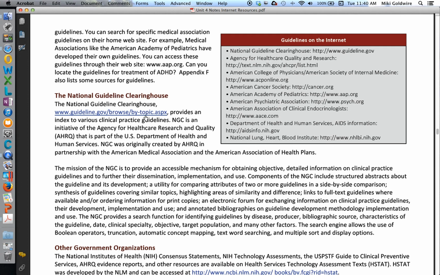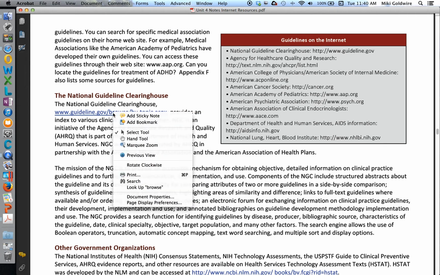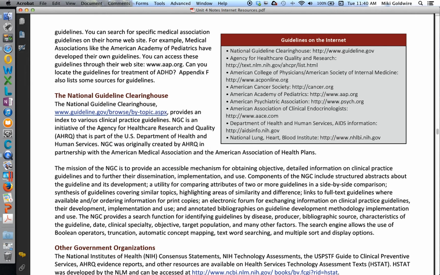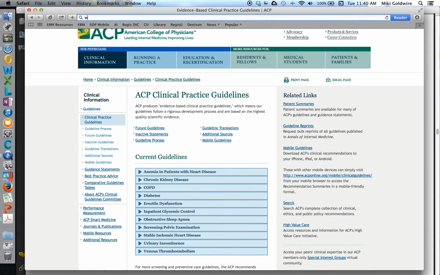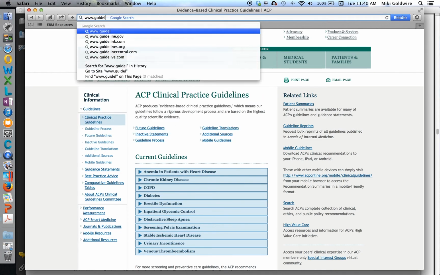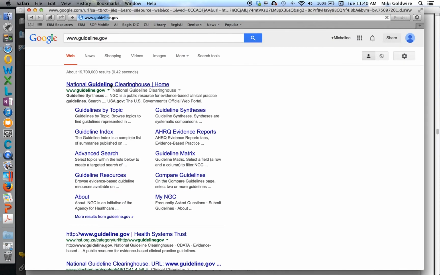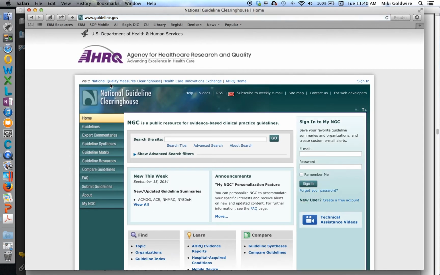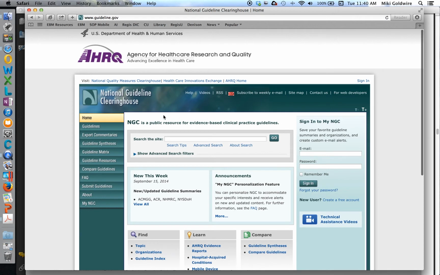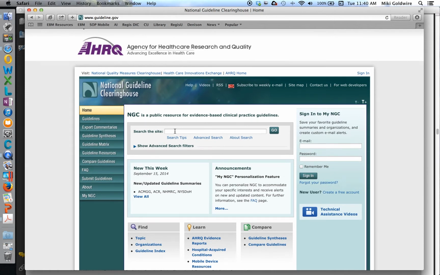Let's take a look at the National Guideline Clearinghouse. So if I just go to guideline.gov, that will bring me to the National Guideline Clearinghouse. It's a public resource again for evidence-based guidelines. So if we just type in hypertension,